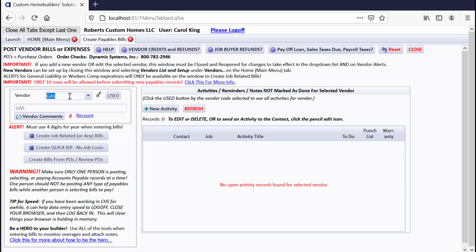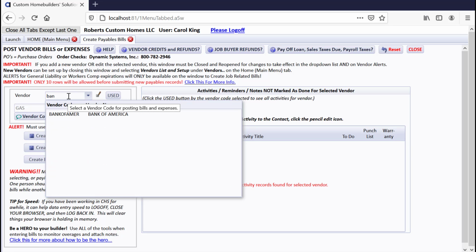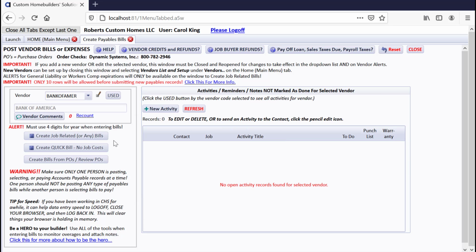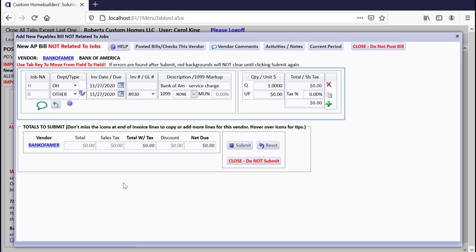Now let's say you get service charges from your bank account. You might set up something called bank service charges, like I set up for credit card fees, like I was posting the fees from the credit card statement. But we set up Bank of America, actually, because it's where this builder's banking or something. And you do a quick bill. So you would set up the bank to post those service charges that are on the checking account,